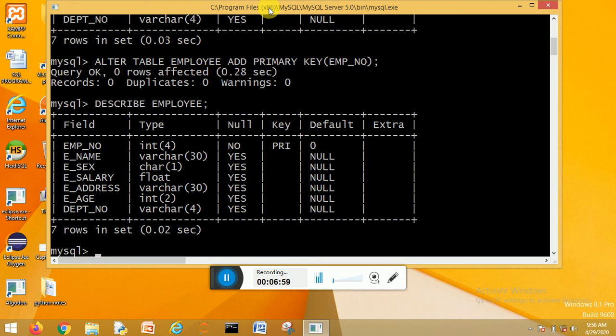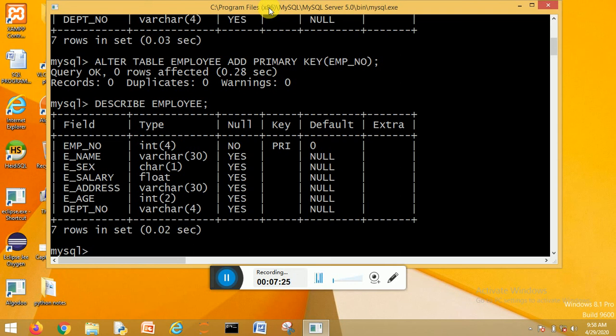0 is not a null, and this concept is true. This concept is universal, that primary key value can never be null. It is by default 0. 0 is a value. 0 is not a null. Is that clear? Now for all employees I will assign a unique employee number to each and every employee in this employee table. So I have assigned employee number as the primary key.